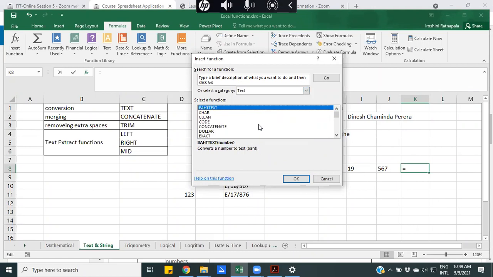Under text, so I select the text category. So see whether there is a function to convert the case. Here, lower. Convert all letters in text string to lowercase. Right. So if I use lower,